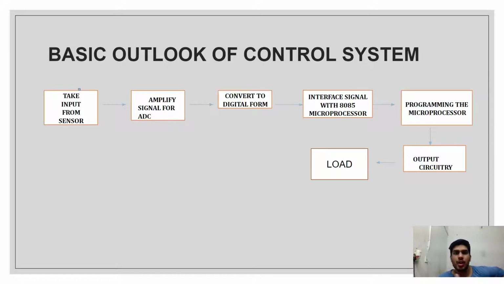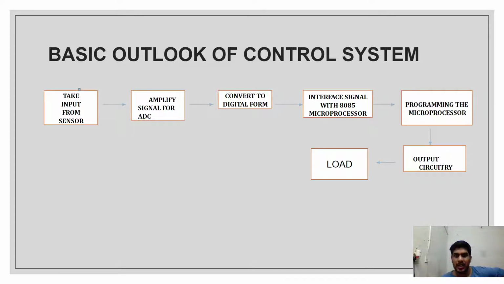Okay. So now we need to send this digital output to the microprocessor. However, this transfer cannot take place directly. We require another device called the 8255 PPI, or the programmable peripheral interface. This 8255 PPI is going to take in the digital signal from the ADC, and then convert it into a form that the microprocessor can understand, and then give it to the microprocessor to do its necessary logical steps.